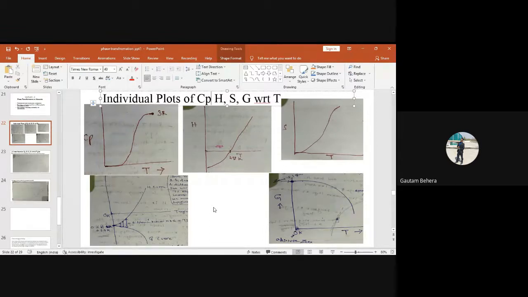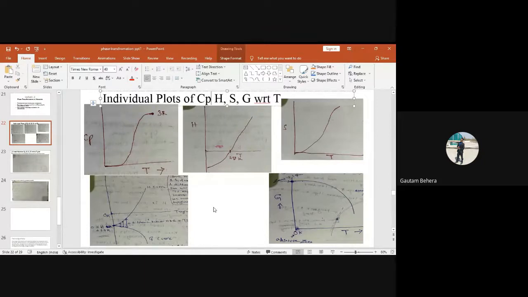Anyways, so the minimum temperature we can go is 0 Kelvin, right? Absolute temperature 0 Kelvin, right? So below 0 Kelvin we cannot go. That is the lowest temperature possible. But in the real situation we cannot reach 0 Kelvin. Anyways, we don't have any kind of equipment which can take us to 0 Kelvin, right? But anyhow, 0 Kelvin is the minimum temperature possible, right? It has been proved from the pressure versus temperature curve. This is not the right time to discuss that.